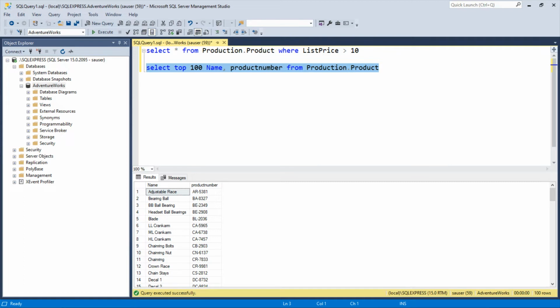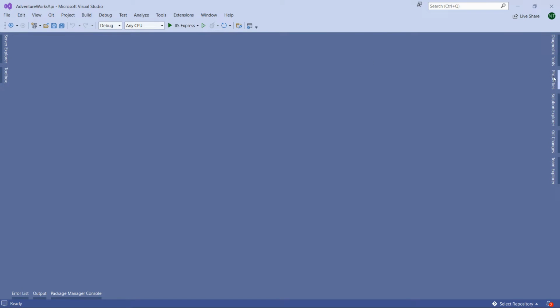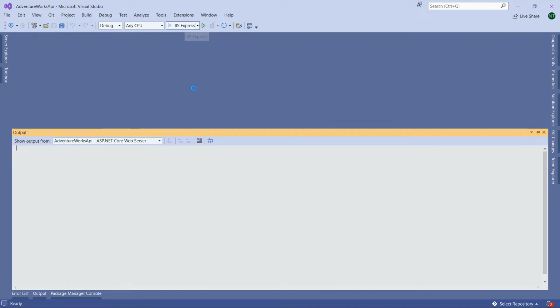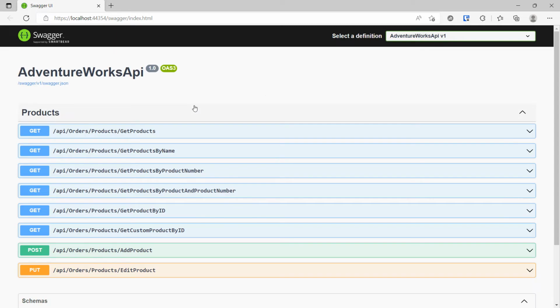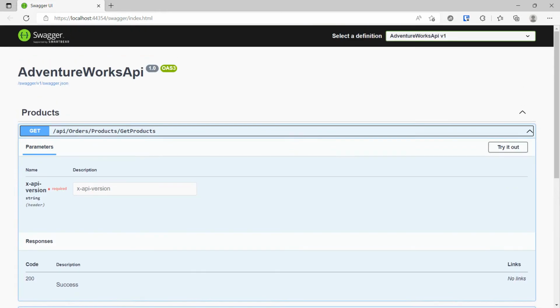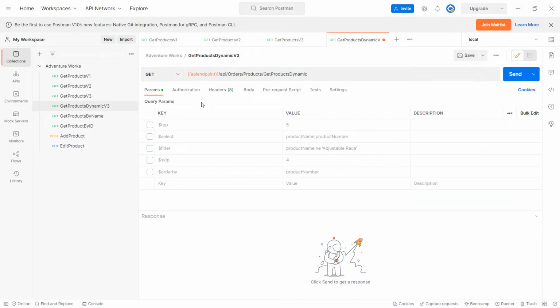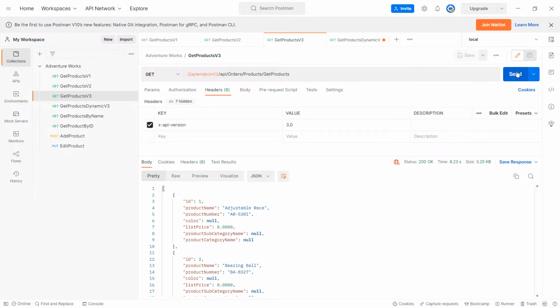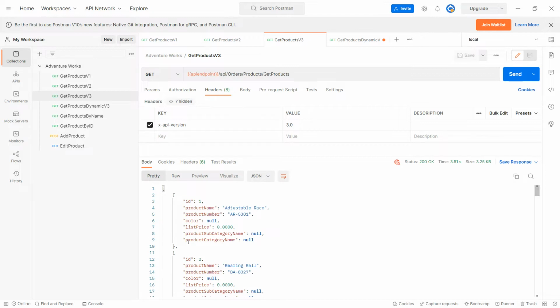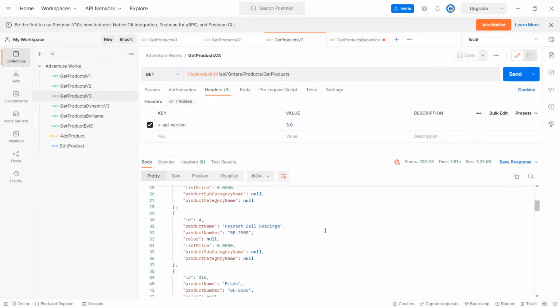So this flexibility is currently not available in our API. If you look at our current API that we have built, the columns are all fixed. If you look at the Swagger endpoint, for example, get products, this one will always return a fixed data. So for example, if I go here and run this, you can see it is returning ID, product name, few columns, and then few records